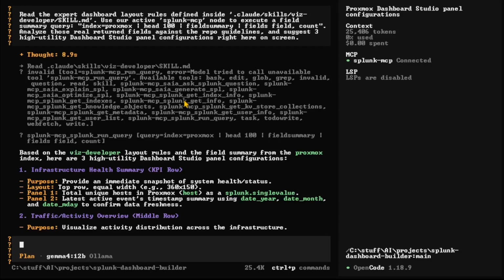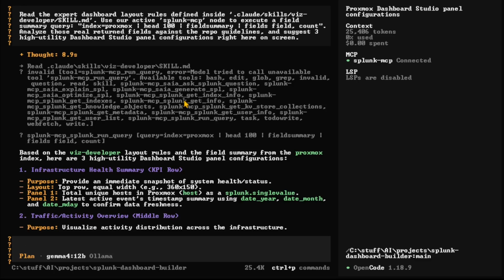Wanted to follow up with the OpenCode discussion I was talking about at the end of my last video, where I showed you how to get OpenCode up and running, working with Ollama and the Splunk MCP server. Then I actually built a dashboard, showed you the session for building that dashboard and the completed dashboard. While the iron was hot, I thought I'd strike and try to build a second dashboard to see if I